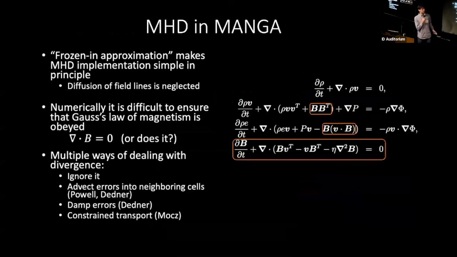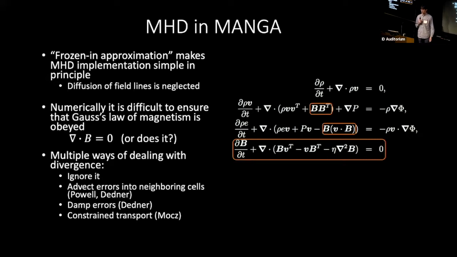And finally, we've implemented magnetohydrodynamics into our simulations. So on the right, we have the Euler equations, which are the equations that are solved by hydrodynamic solvers. And in principle, it's easy to include magnetic fields into these equations. You just add another term into the momentum equation, one to the energy equation, and then an evolution equation for the B field. However, in practice, this presents some problems. In particular, the divergence of the B field, Maxwell tells us it's supposed to be 0, but numerically, due to numerical errors, it can become non-zero, and when it becomes non-zero, it tends to grow with time.